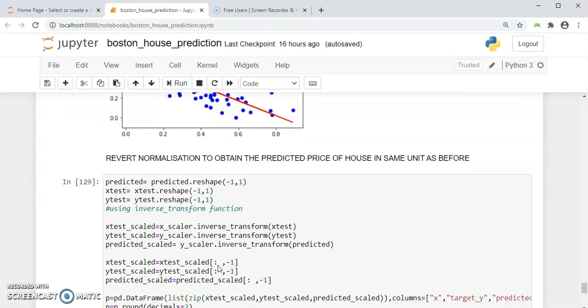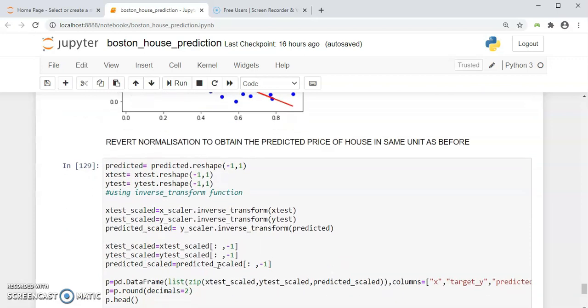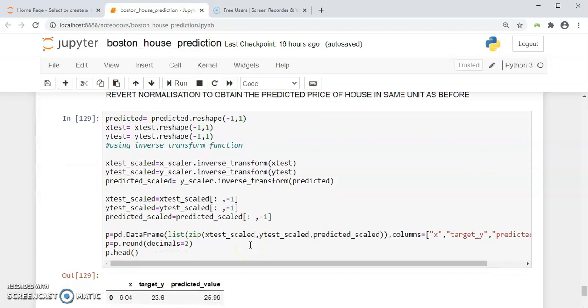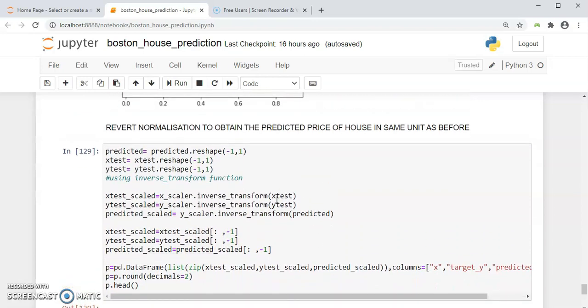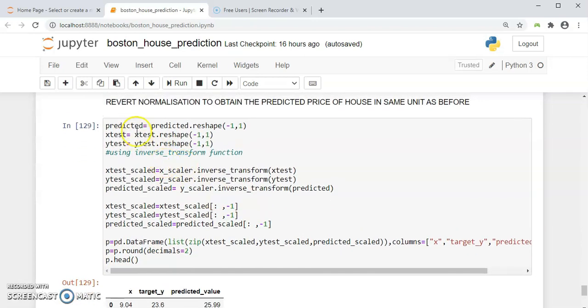If you remember, we normalized our data so as to obtain the data into a given range. But now, as we have got the predicted values, it's a good practice to get the data in the same unit as it was before. In Boston House, it was in $1,000. To do that, I'm going to revert the normalization to obtain the predicted price of the house in the same unit as it was before.